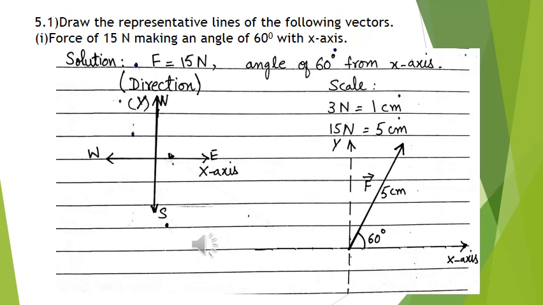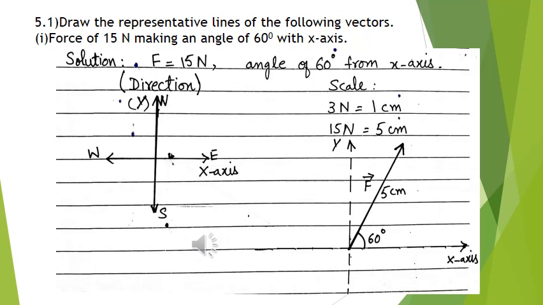Now here is book exercise 5.1. Draw the representative lines of the following vectors. Number 1. Force of 15 Newton making an angle of 60 degree with x-axis. Now look at the question. Here you are given a force and that is 15 Newton. What is the angle it is making with x-axis? 60 degree